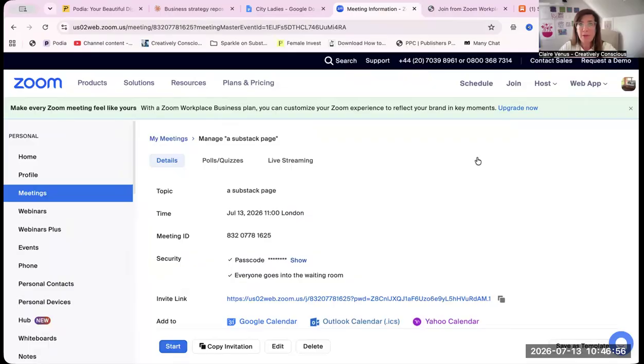We don't email them out. They're not connected to the email subscribers that you have. They are completely separate, like a website page. So I'll go ahead and share my screen and show you how to make one and how to edit one as well. And then you can have a think about whether you want to include one in your magazine design